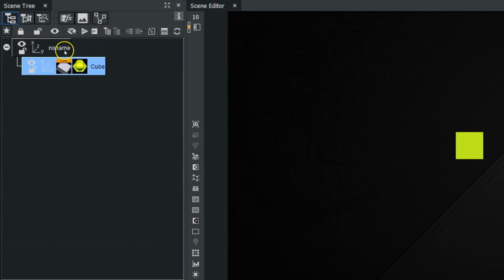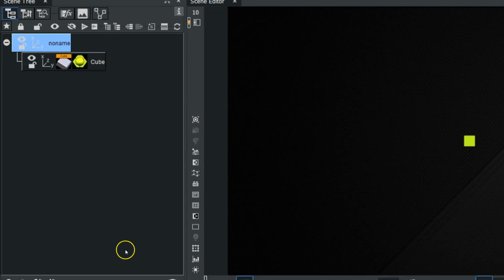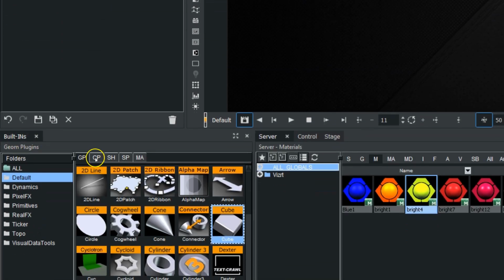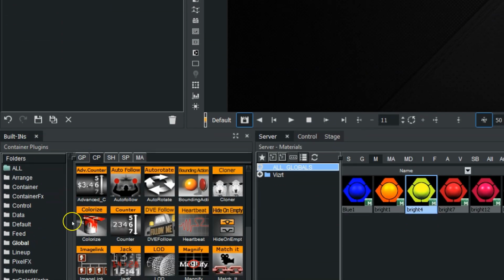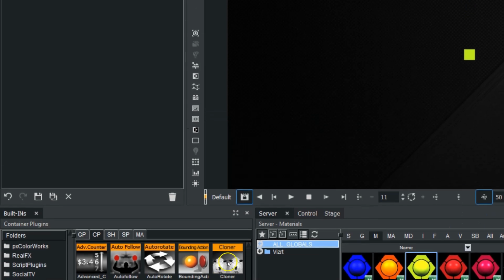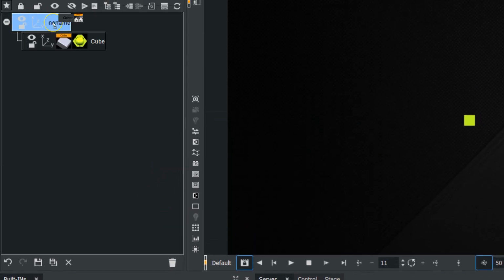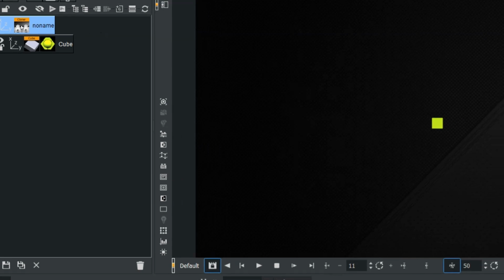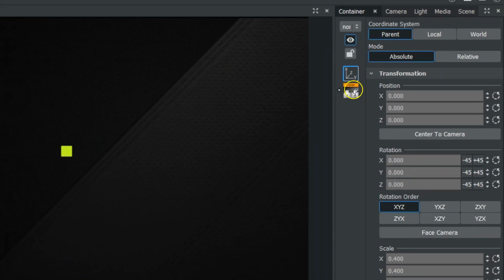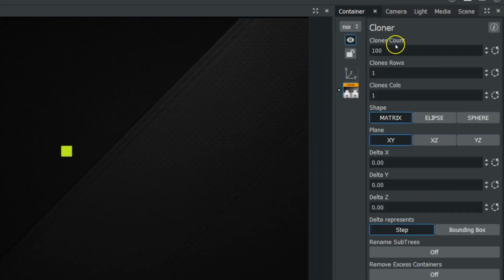The cloner works on a topmost group. So now we're going to go into the built-ins, into our CP tab, down into the tools folder, and grab our cloner, and we're going to drag that onto the topmost container, or the container that has our cube within it. Now I'm going to click on the cloner to go into the cloner properties,